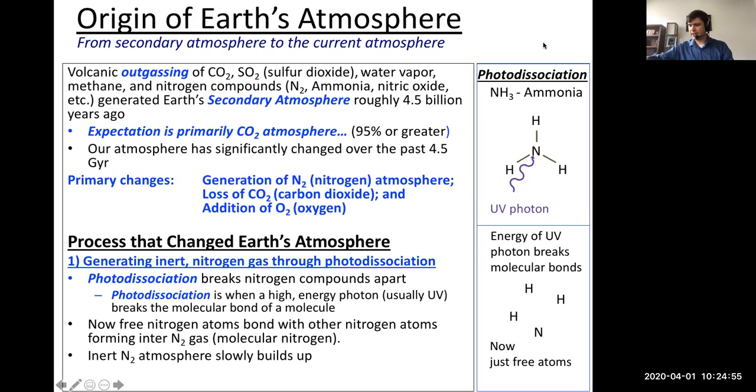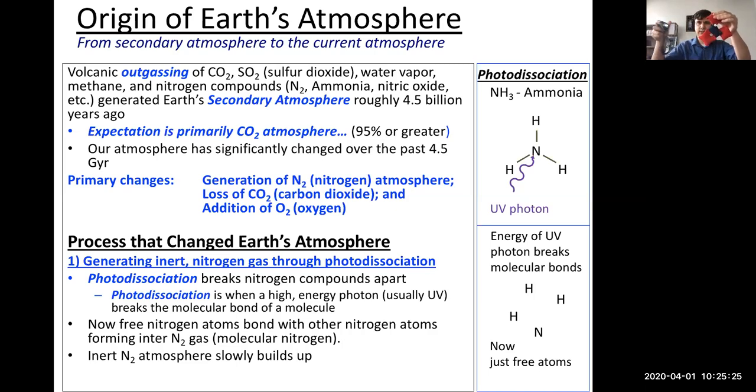So early in the Earth's atmosphere, we have a lot of nitrogen compounds, represented here by an ammonia molecule, where the nitrogen is the blue little bean bag, and then the hydrogens are the red bean bags. You can see I'm using little magnets to hold these things together. The magnets are the molecular bonds. I can go ahead and send in